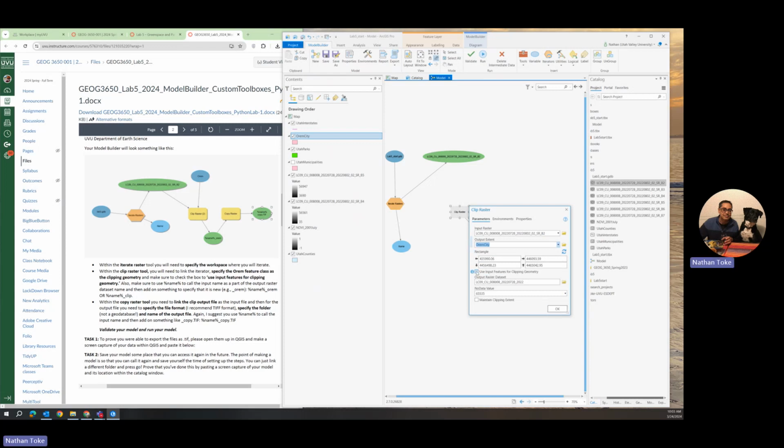And I want to make sure to click to use the input features for clipping geometry, because we're clipping rasters. Rasters like to be kind of rectangles, as you can see right here. But if you click this, then they'll cut to the cookie cutter shape. Okay. And the output raster,